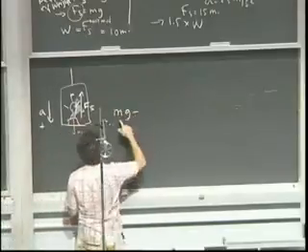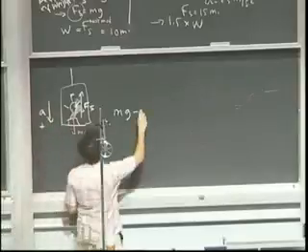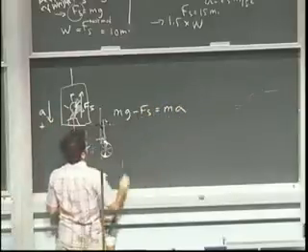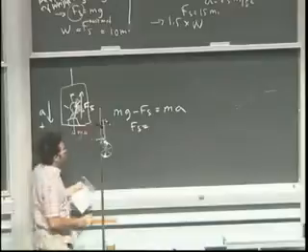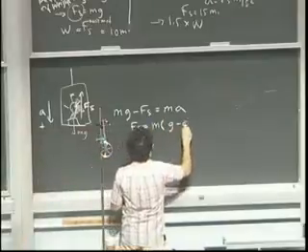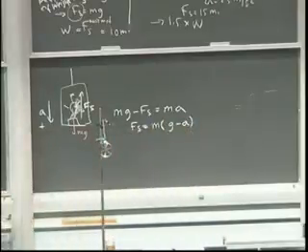So let's actually compute what that is. So we have mg, again, this is the positive direction. So mg is positive minus fs, and this is equal to ma. We can solve for our weight, that's the force that the scale is pushing on us, and we get m times g minus a. So just as advertised, if we are moving downward, accelerating downward at 5 meters per second squared,